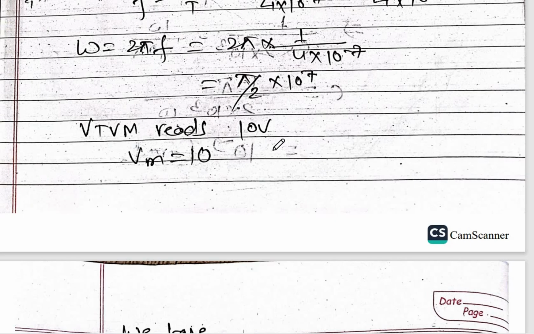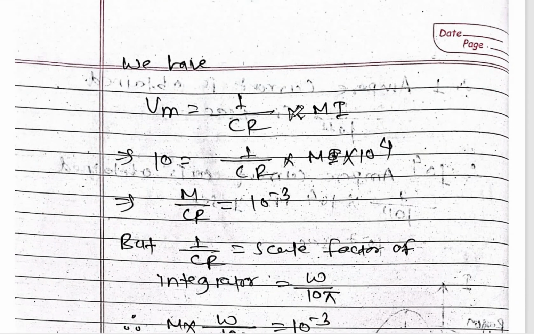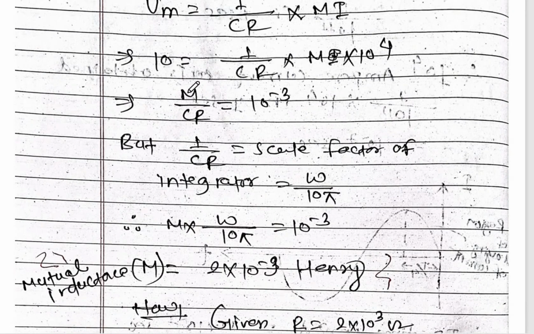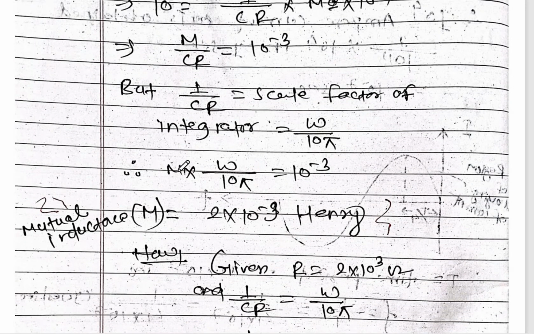Now Vm reads 10 volt, that is Vm equals 10 volt, and we have Vm equal to 1 by CR into M into I. With the value of Vm already given, 1 by CR into M into I, and the value of I already given as 10 to the power 4 ampere, we get M upon CR equal to 10 to the power minus 7, and we know 1 upon CR equals the scale factor, the integration factor, equal to omega upon 10 pi, but M into omega upon 10 pi equals 10 to the power minus 3,